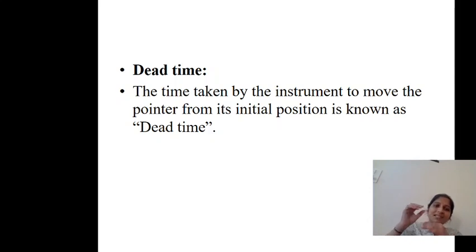That time taken to start from the initial position is called dead time. Till then the instrument is in a dead position, meaning it is not responding to whatever input you are giving.